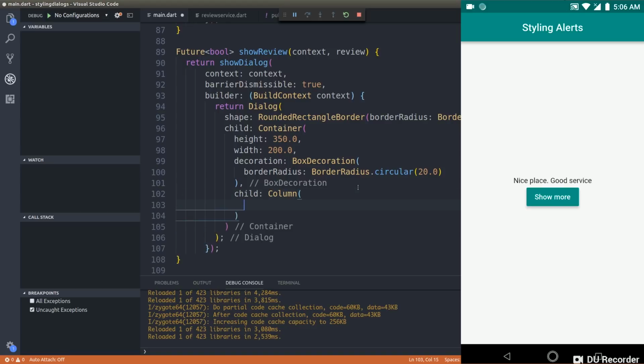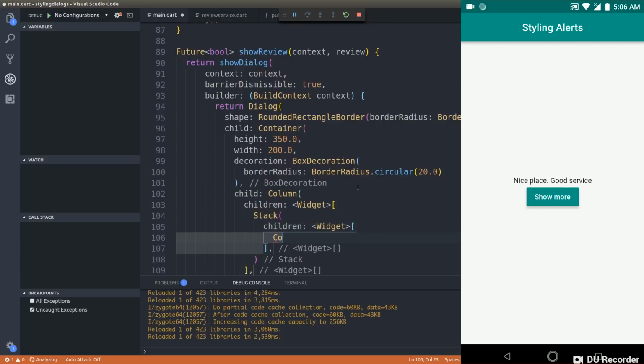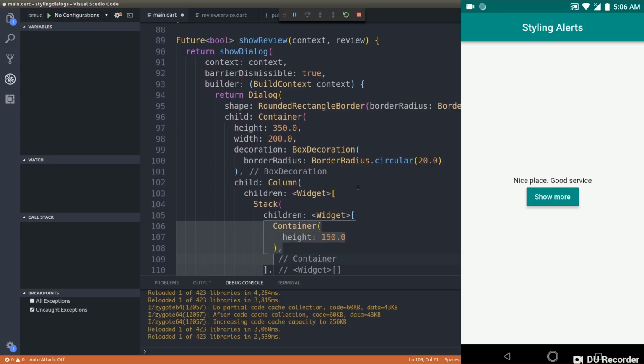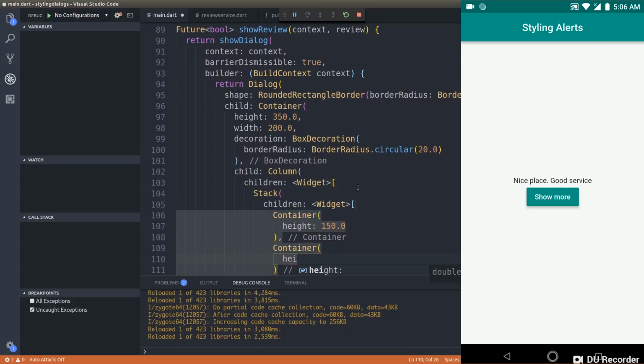Inside this, I'll have children, and as usual I'll use a stack, children once again, and the first child will be a container, and this will have a height of 150. So I have a specific container inside the stack that has the height of 150, which is the first child, and the second child will be overlaid on top of the first child, as you guys probably know. So what I'll give is I'll give a height of